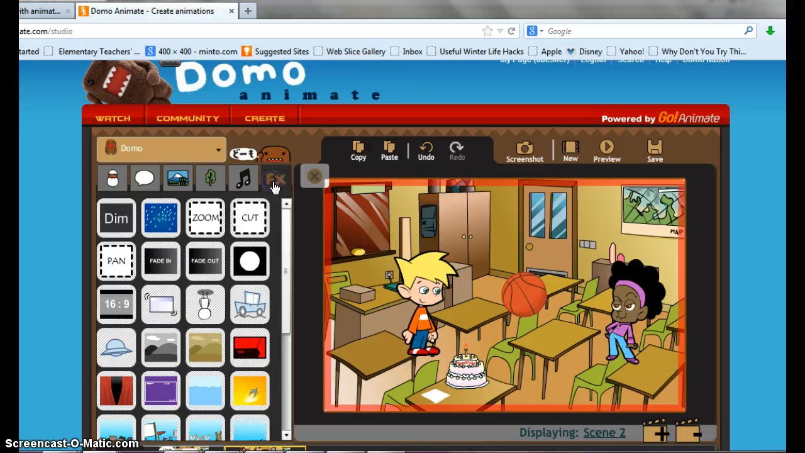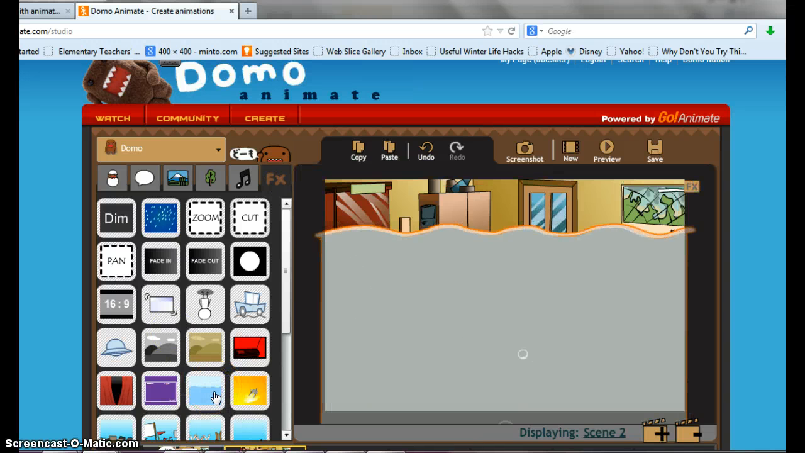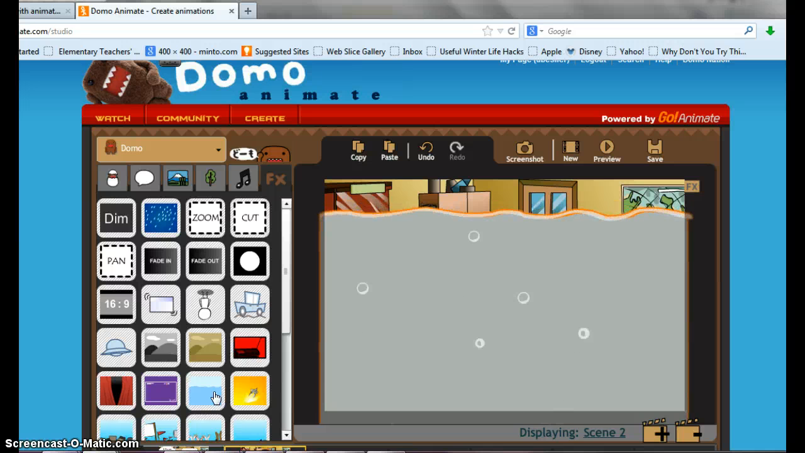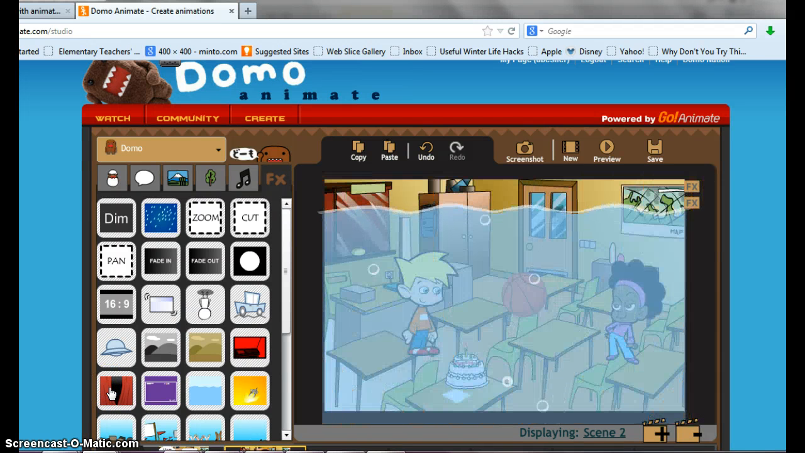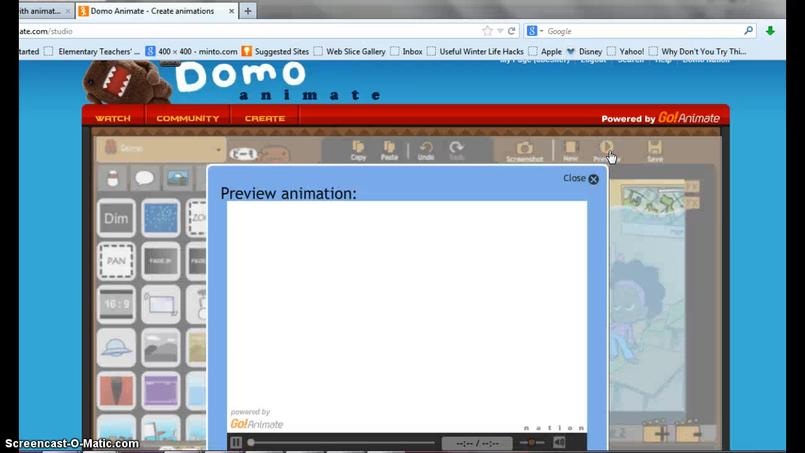The other thing is you have FX, which are different effects that you can have. You can have water, and you'll see that when it clears away, you're going to see them in the water. You can also have a curtain here that opens on them. So it's all different things you can try out. I could click on preview to see what it all looks like,